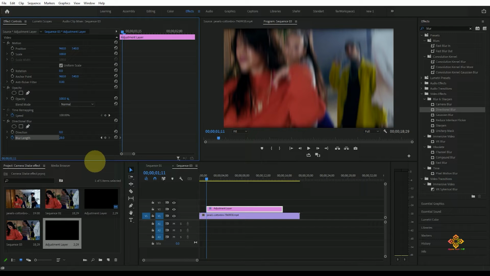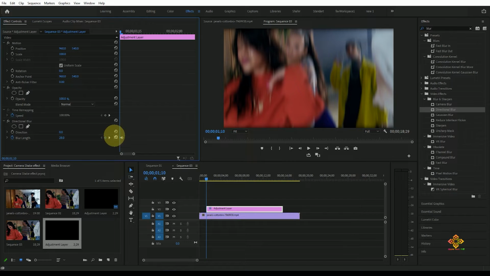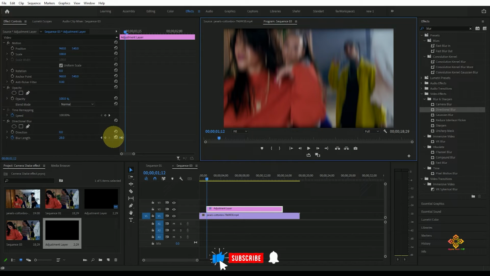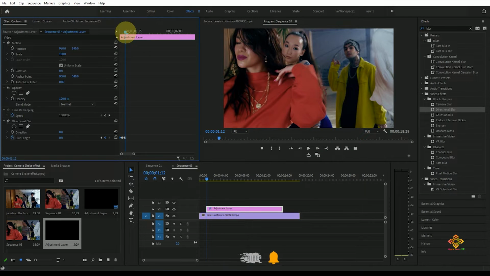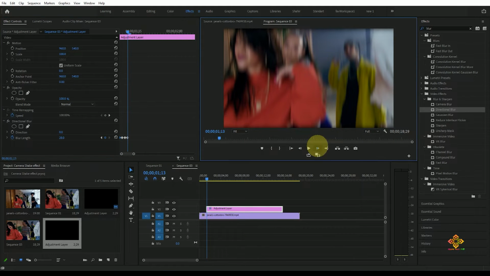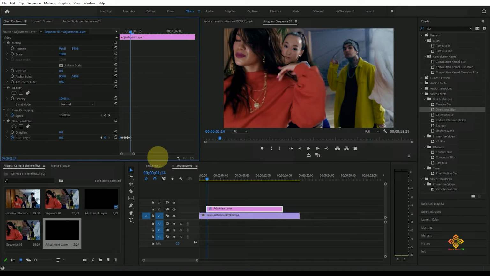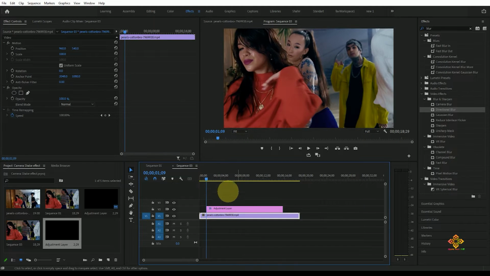We'll set the parameter of the first point, then one frame forward and set it to 0, and then one frame forward set it to another value. We'll keep the delay to 128, and then one frame forward again will be 0. So here you can see some camera shake effect